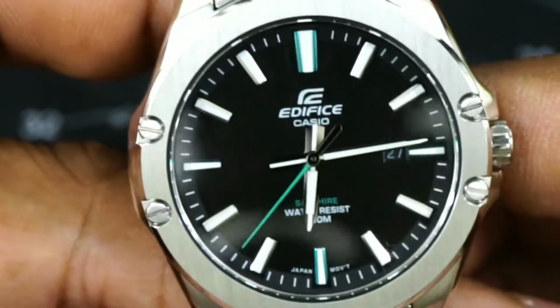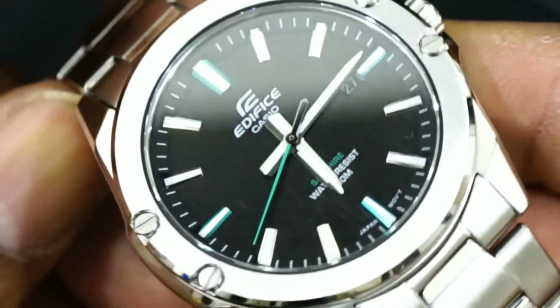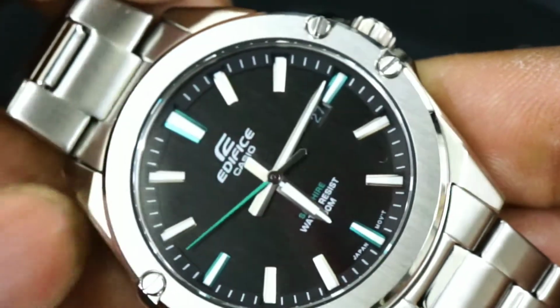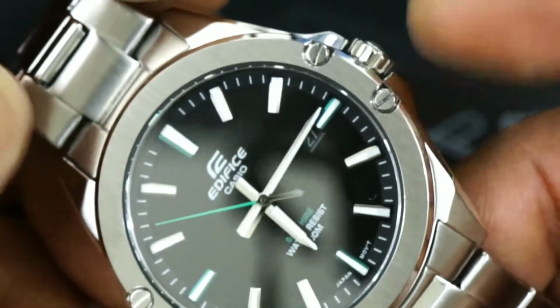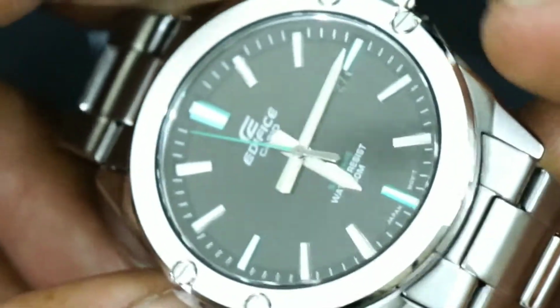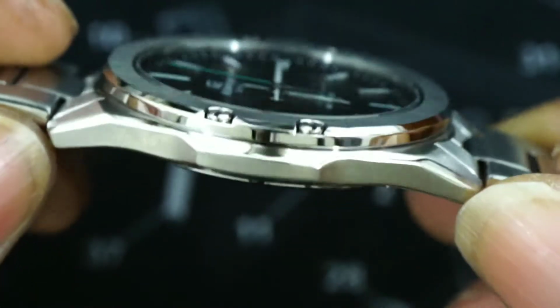Now, looking at this watch, it has a Gerald Genta feel, because you have this vertical brushing on here, and you have these screws, which are faux screws, no screw down crown, but you do have a signed crown. And the polishing and brushing on this watch, even though it's $60, it's pretty nice, because